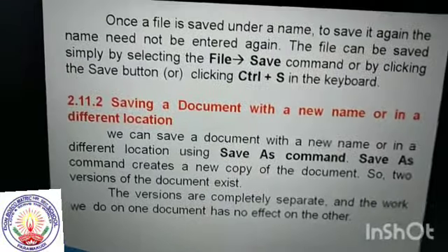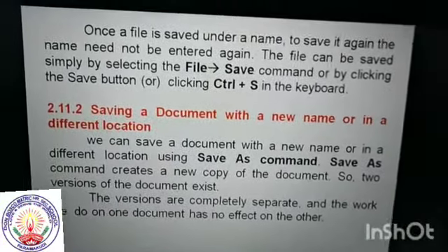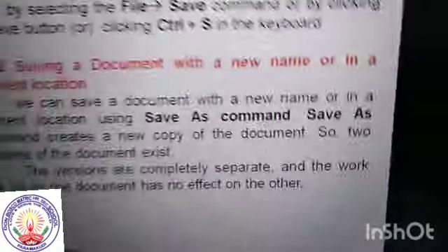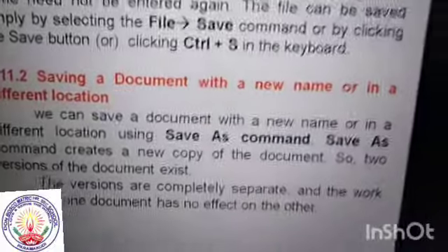Just see the File menu and Save As command in your book. The shortcut key for Save As is Shift plus Ctrl plus S.